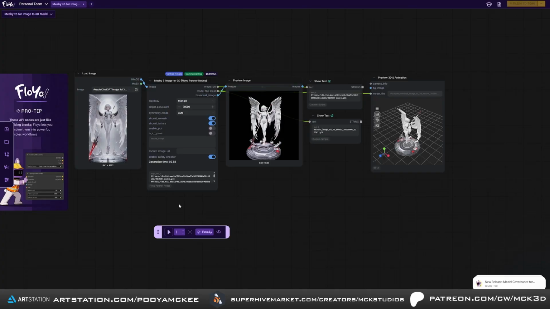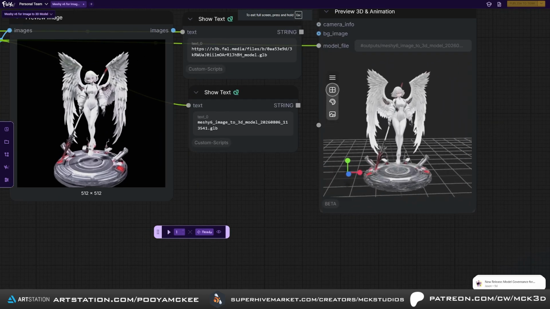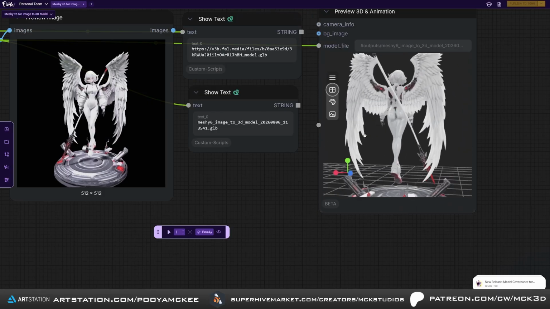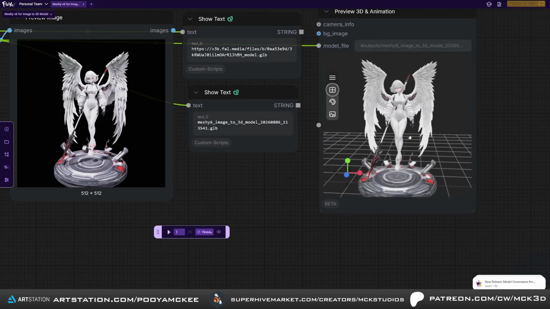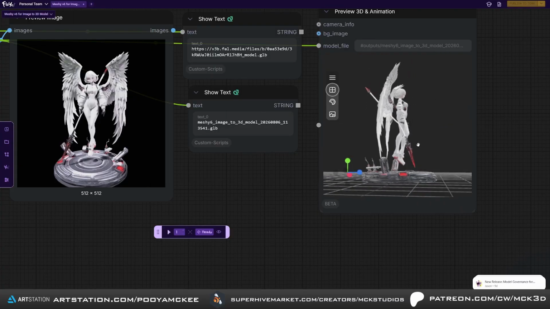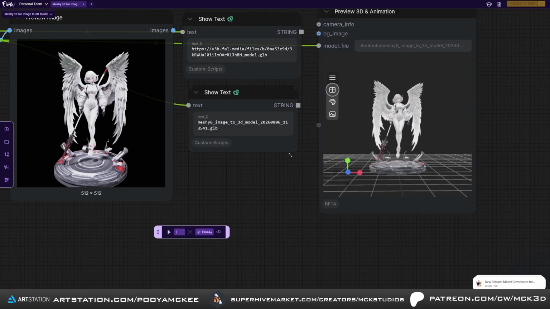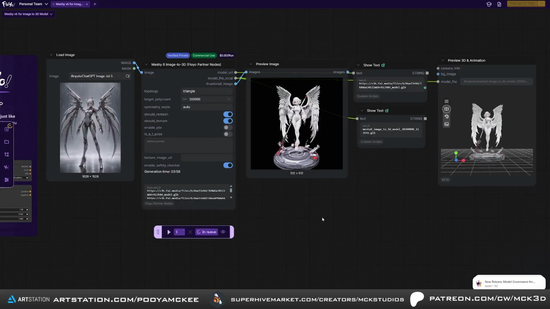The workflow has finished, so let us inspect the result rather than judging it from one flattering angle. From the front, the main silhouette has been captured well, and the texture gives us an immediately readable asset. The side and back views are more important because the source image did not fully describe those areas. Here, the model had to invent information. I'm checking for stretched textures, soft or merged details, thin surfaces, holes, asymmetry, and shapes that may not make sense